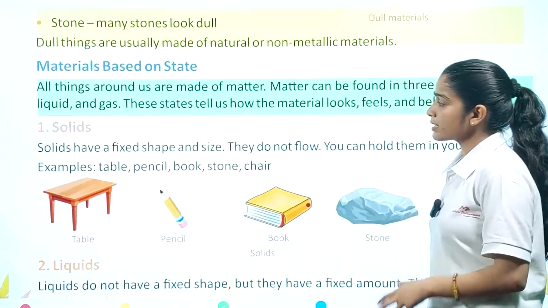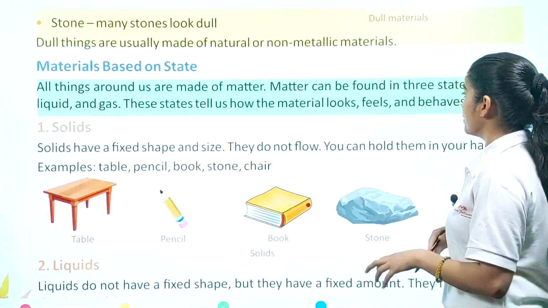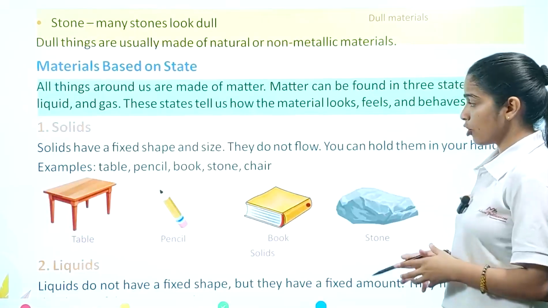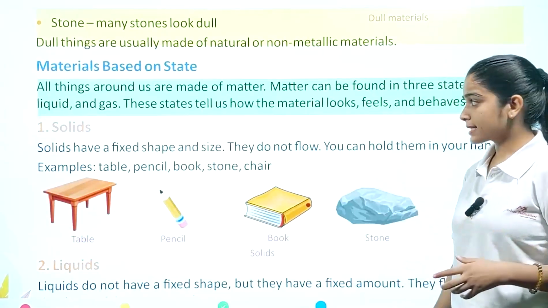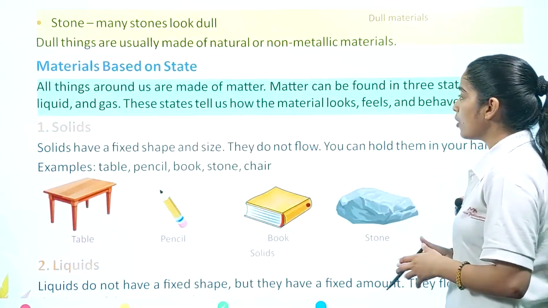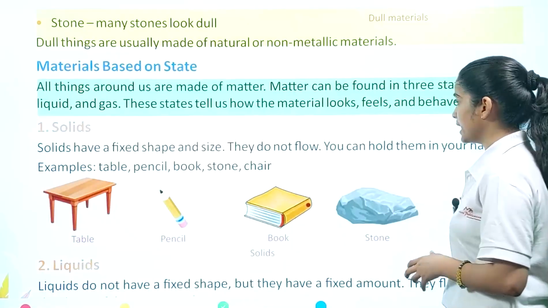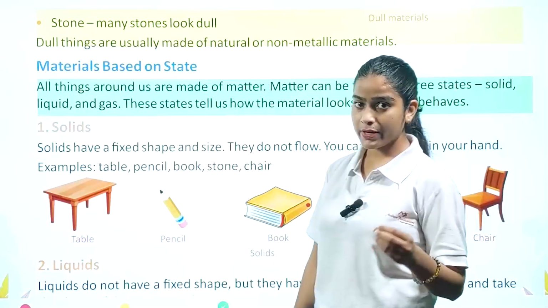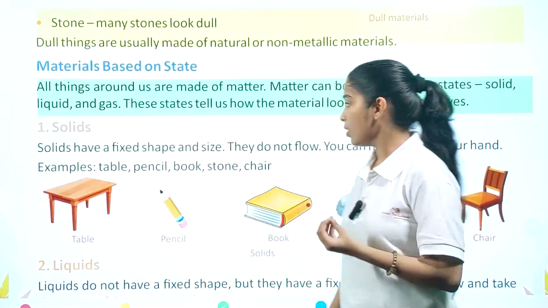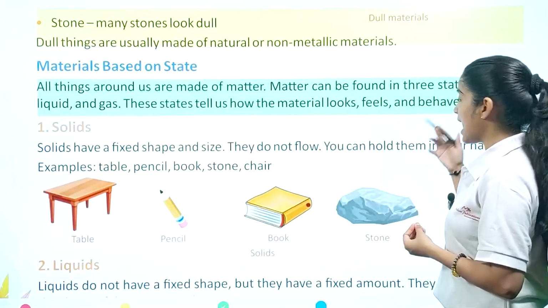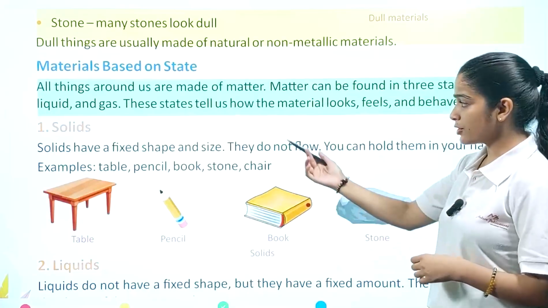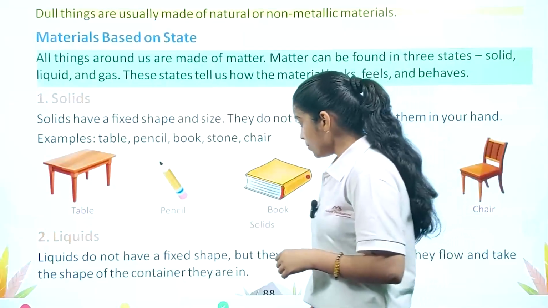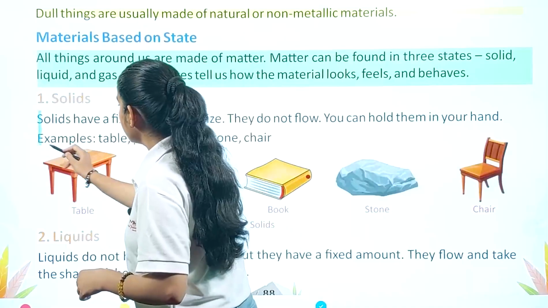All things around us are made up of matter. Matter can be found in three states: solid, liquid, and gas. These states tell us how the material looks, feels, and behaves. So, according to their state, we can generally classify how they look, feel, and behave. For example, if we are talking about solid materials,